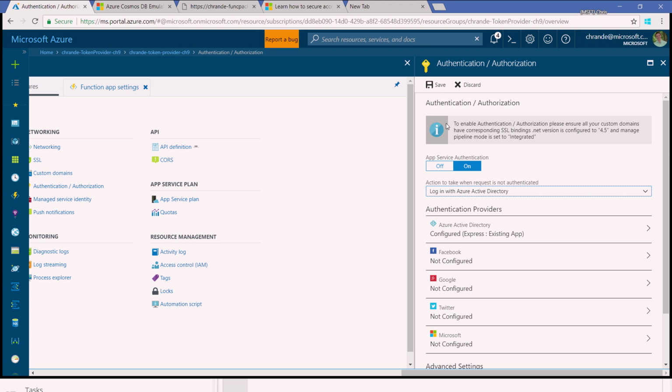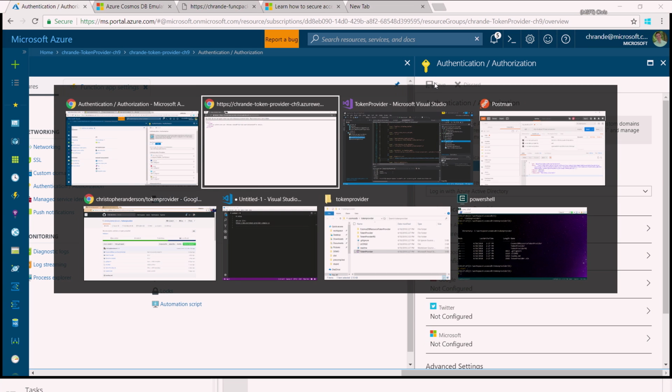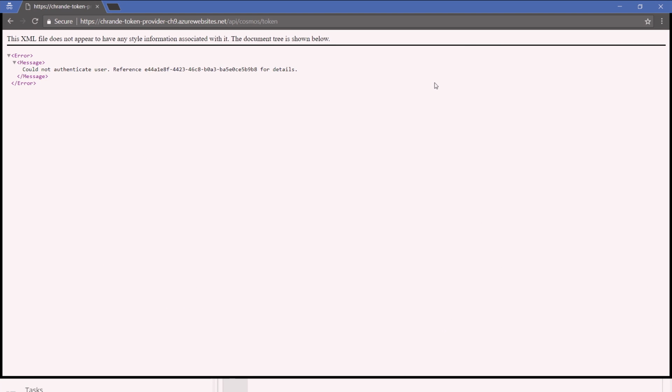Got it. And so if I change this from anonymous to login with Active Directory as the forced action when they're not authenticated, this by default is going to say anytime you hit this URL, you need to authenticate with Active Directory. And you can see that this was secure if I didn't set up EasyAuth. It started yelling at me because I wasn't authenticated. But now that I've set up EasyAuth and I've forced users, when they try to access my URL, to authenticate,